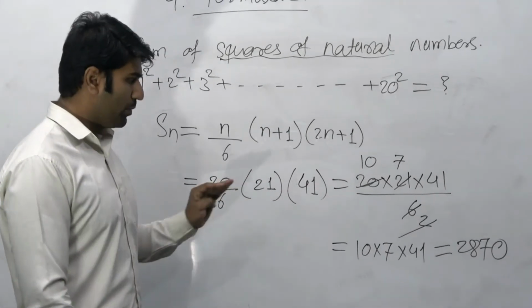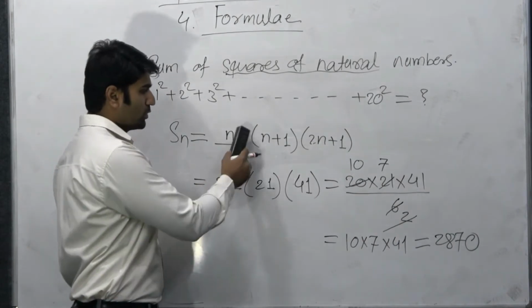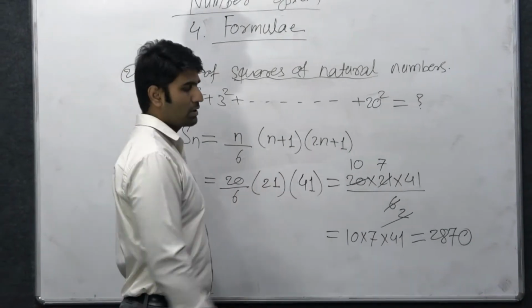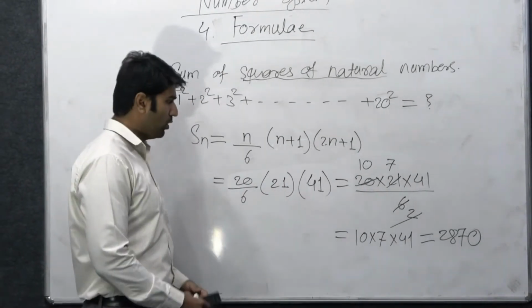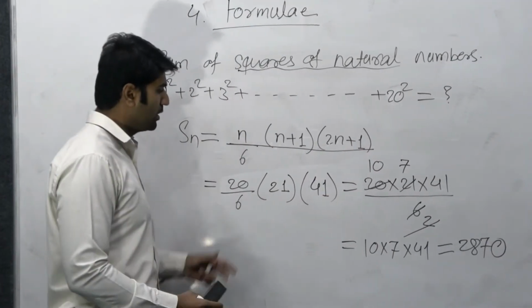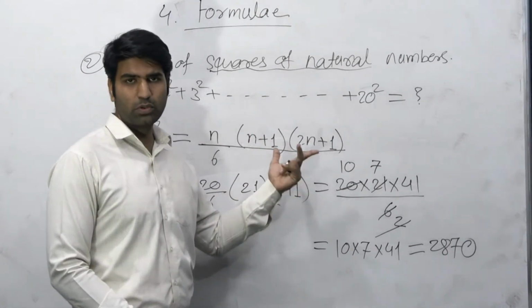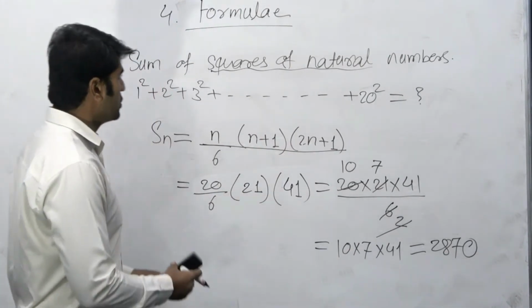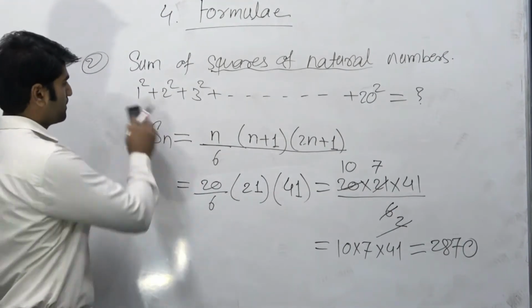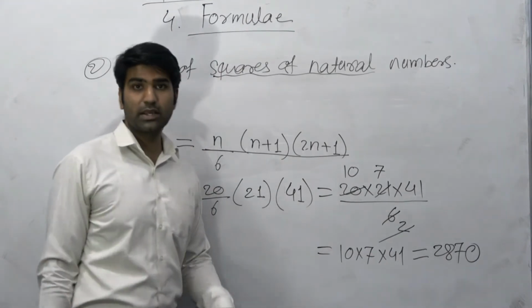Okay, so remember the formula, which is n upon 6 into bracket n plus 1 into another bracket 2n plus 1, or we can extend this line, and combined, these three numbers are divisible by 6, both the same thing. Okay, so the next formula is, can we take another example? Let's take another example.